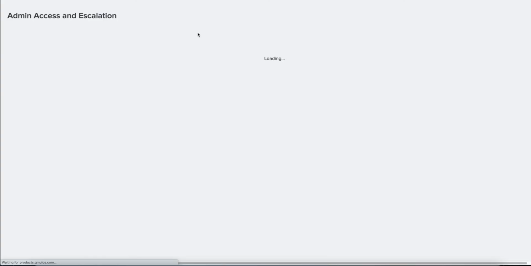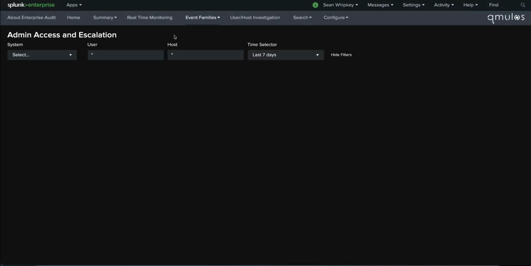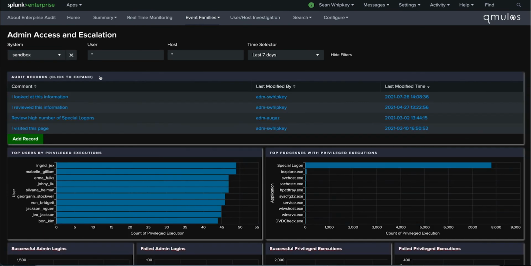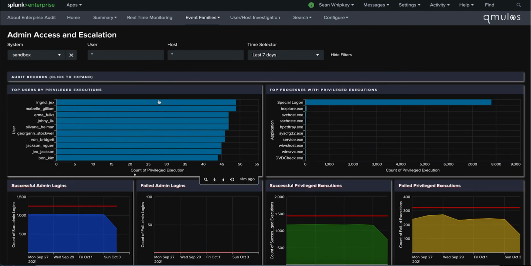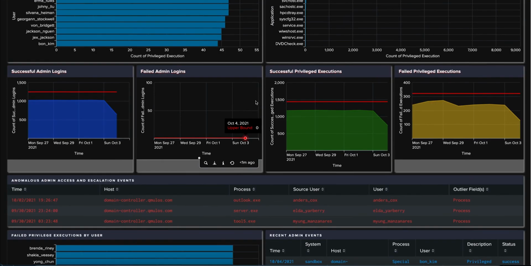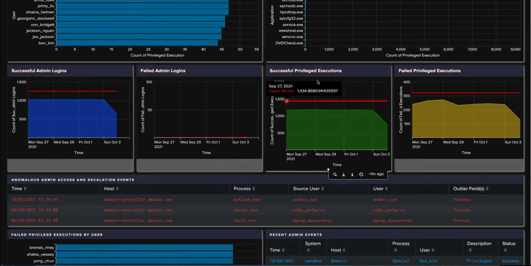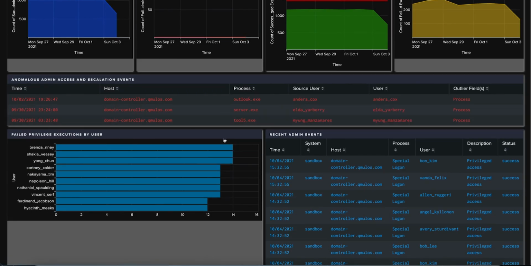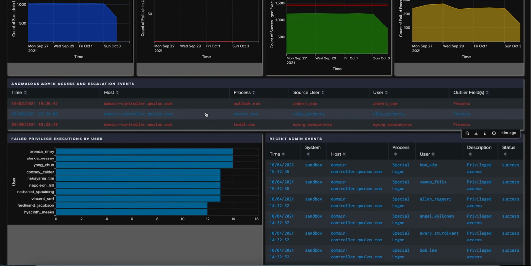We'll take a look at one event family, admin access and escalation. This is the Linux sudo command or the Windows run as administrator command. I'm going to select my system, and it's going to show me the data behind it. I can check the audit records to see if somebody's been taking a look at this. I can see top users and processes with privilege executions, successful and failed admin logins, and privilege executions on historic trends. I see failed privilege executions by user, recent admin events, and here in the middle I actually see anomalous